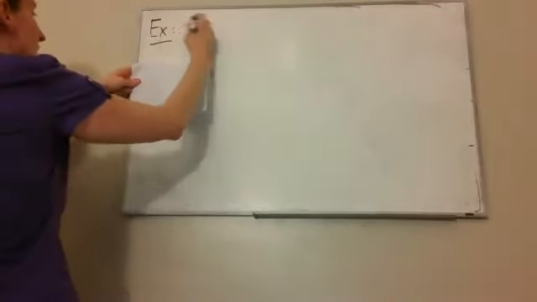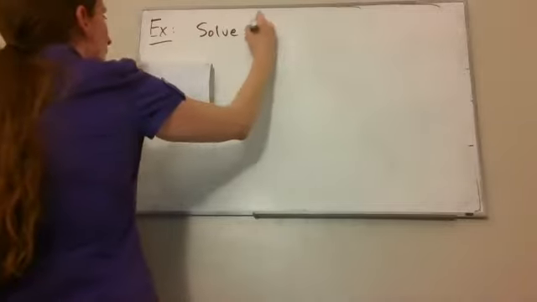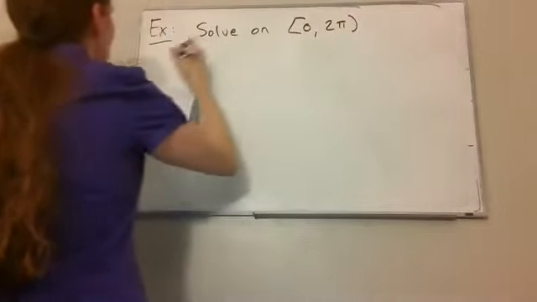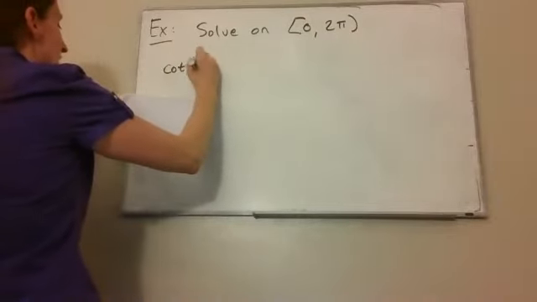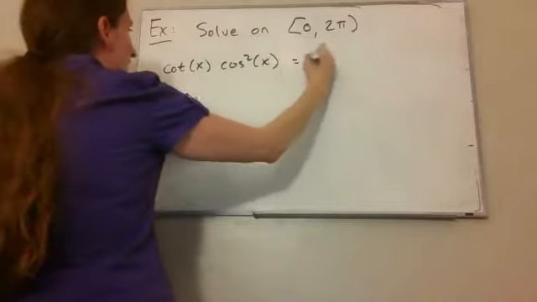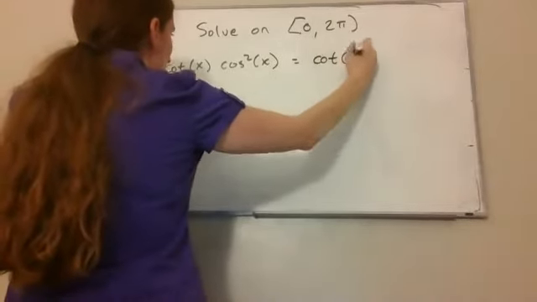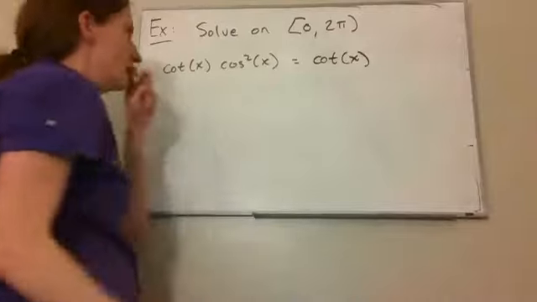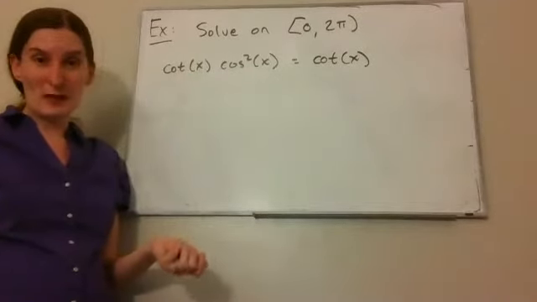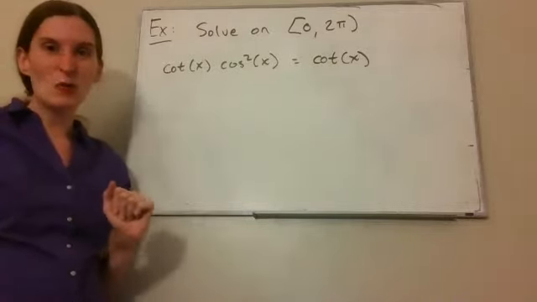Let's do another one. Solve on the interval 0 to 2 pi. I have cotangent x times cosine squared x equals cotangent x. Now, your first instinct on this might be to divide both sides by cotangent x to cancel out one side,